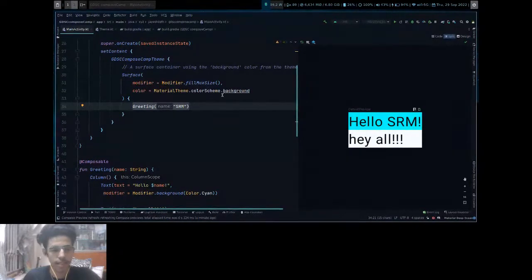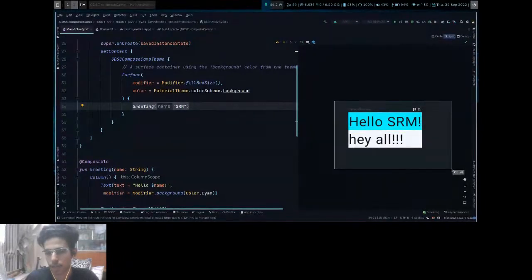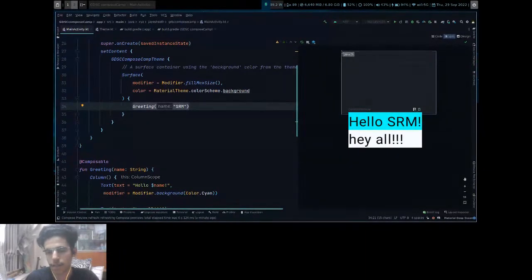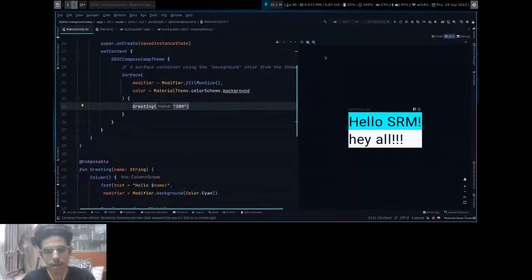So that's why RecyclerView was introduced. RecyclerView shows only, for example, this is your screen. You cannot see the Hello SRM. You can see only Hey all. So keeping Hello SRM in memory is just wasting memory. So what RecyclerView does is keep Hey all in memory and remove the SRM. And whenever you scroll back and both come into view, it keeps both of them in memory. If you scroll back and there is nothing, it will not keep it in memory. It's quick and it drastically improves your app's performance.